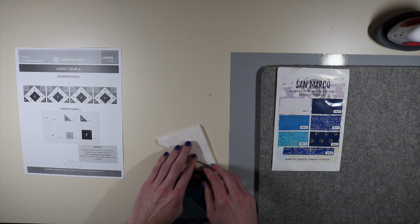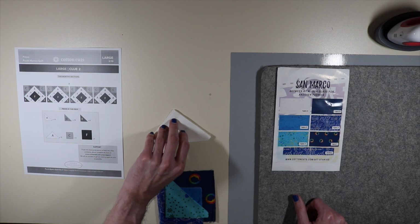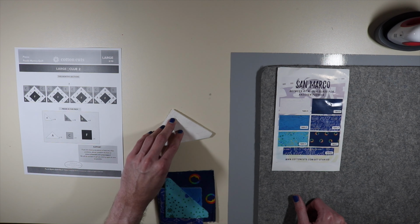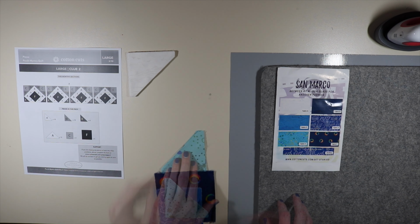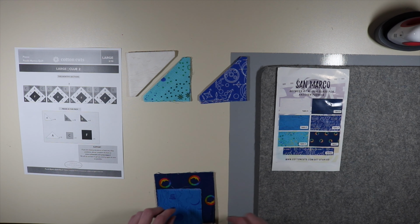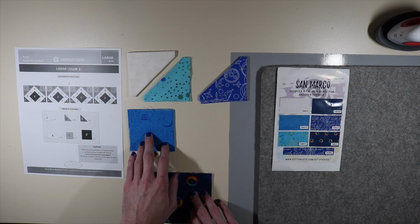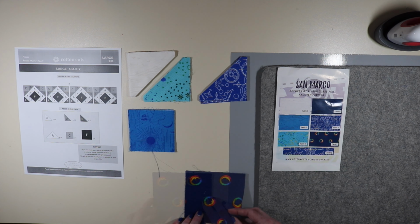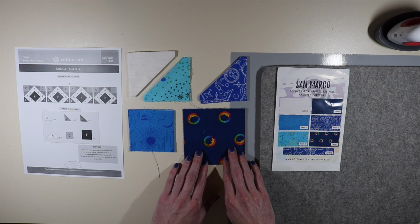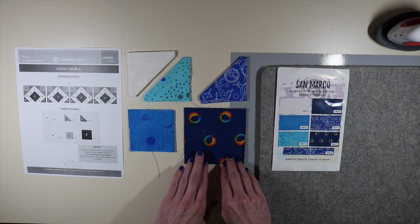Anyways, first up we have some triangles, and it looks like we have 16 small triangles of fabric A. We have 8 of fabric E small triangles. We have 16 of the small D triangles. We have 8 smaller squares of fabric C. Next, we have 4 large squares of F fabric, and honestly, the whole reason I wanted to do this colorway